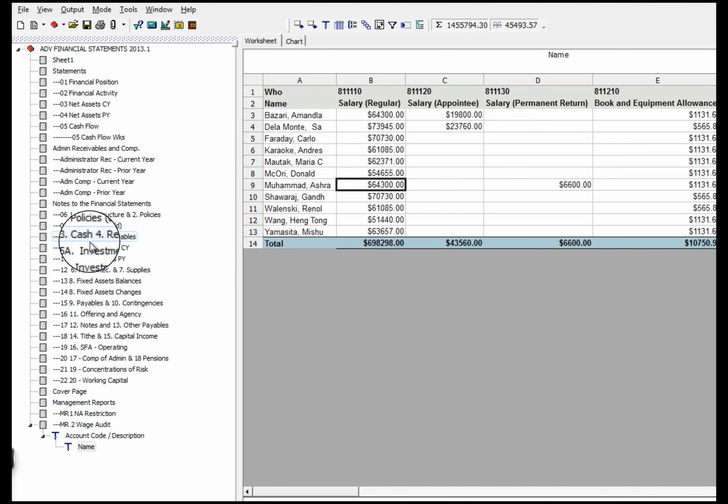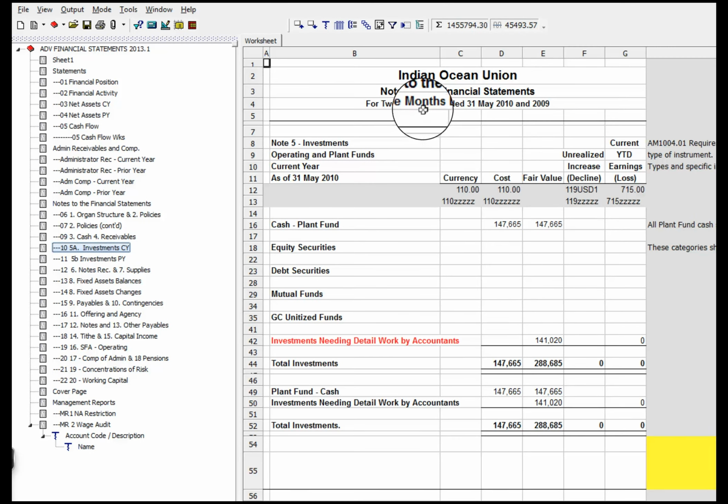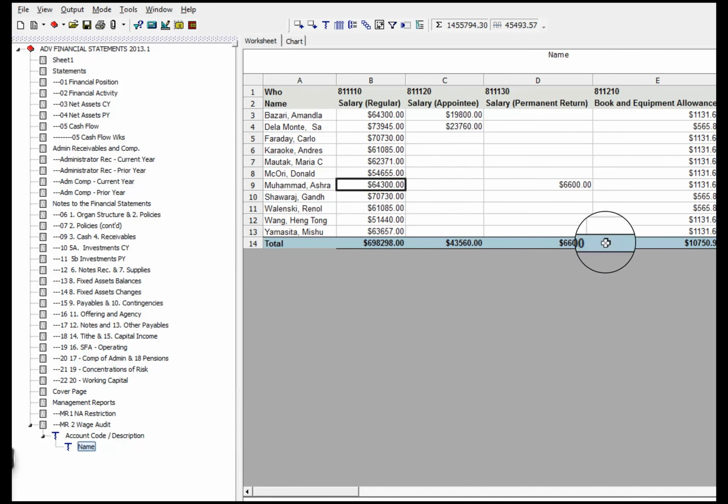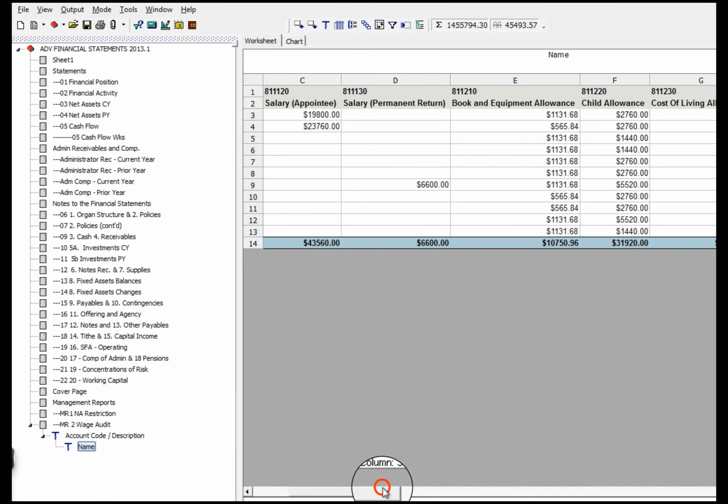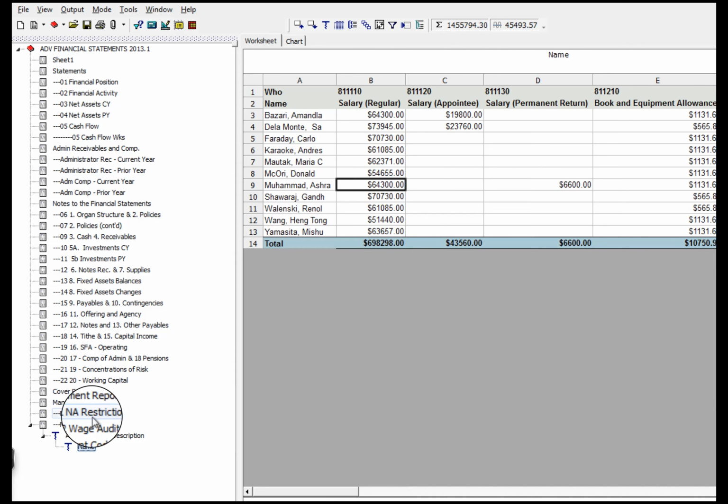All of our other reports have nice headings up here that explain the name of the organization and the title of the report and the period covered. Well, with this drill down report, I do not have that. And so it's just a drill down that has to be maintained. What would be much better is if there was a way to have a regular page that would do the same thing, the multi-column, multi-row thing.